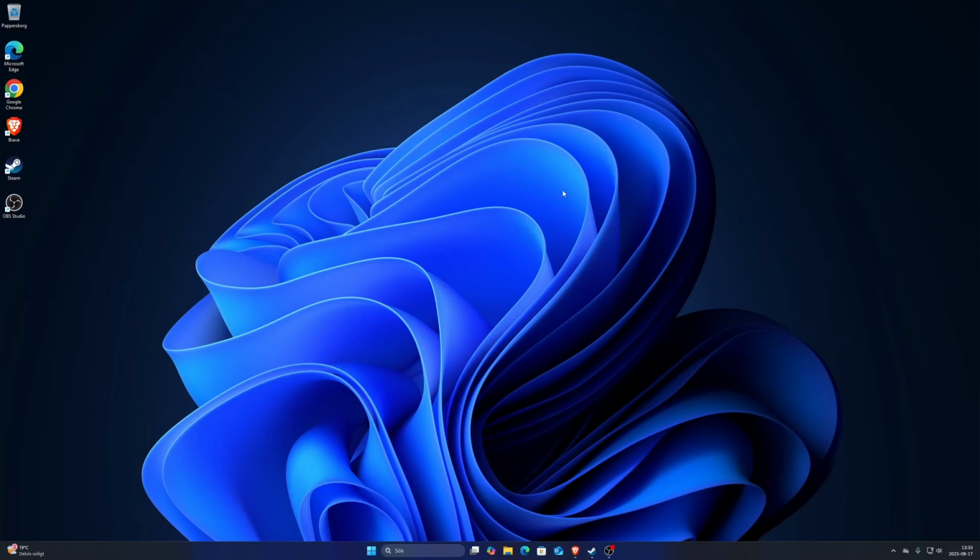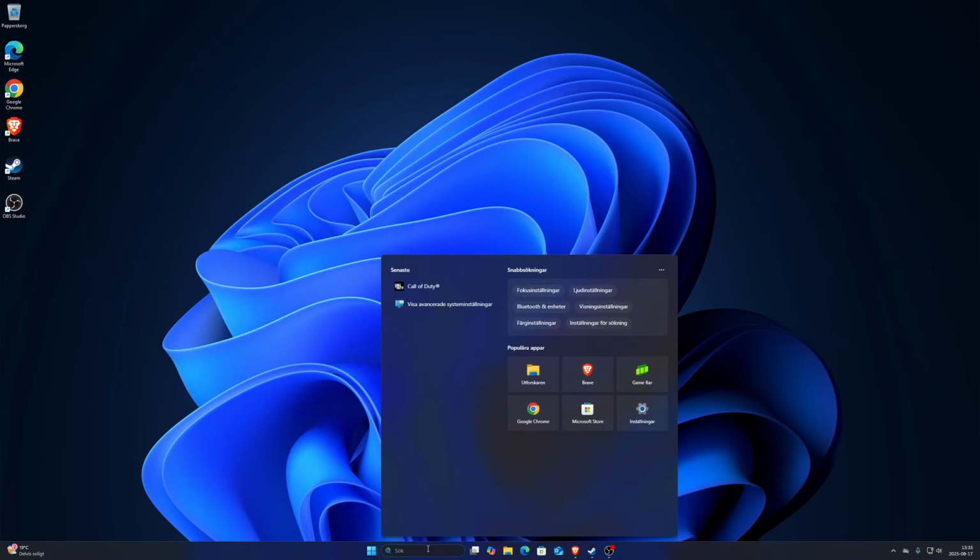So what we're going to do is go down to the search bar and just type, oh, I already typed it, so it already shows up there. But if you don't see it, just type View Advanced, and it should come up on top of the search. It basically says View Advanced System Settings. So just go in there,